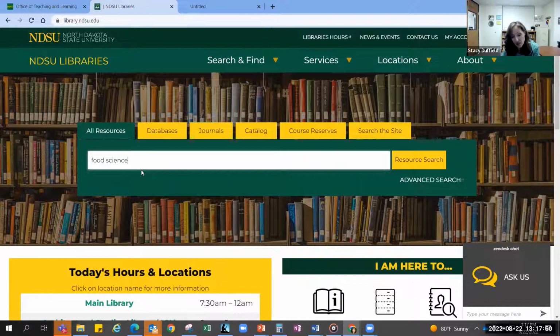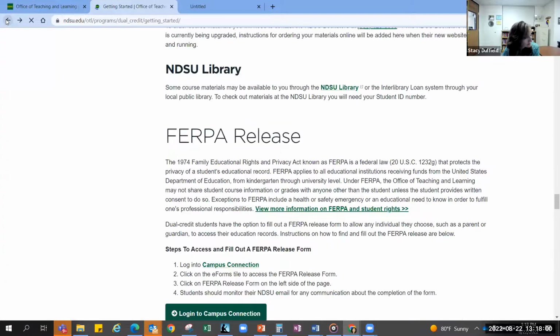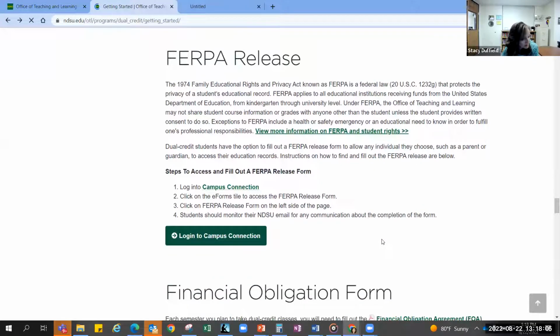And then you just log in using your regular NDSU credentials, and it'll give you access to it. So we do have those resources for you through the library. You can also, if you're in town and you want to just come to the NDSU library, come and use the NDSU library on campus as well.